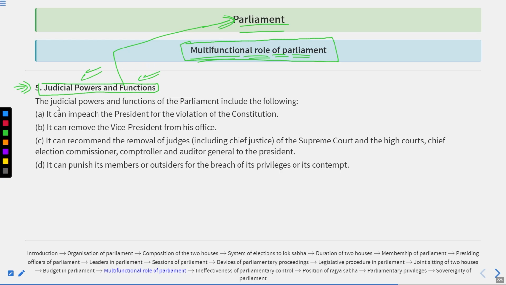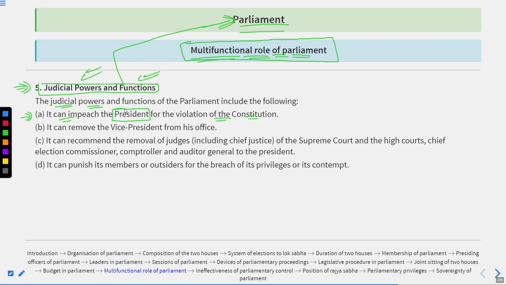These are the judicial powers and functions of the parliament, including first, it can impeach the president for the violation of the constitution. Like we know, to remove the president of India, there is a process of impeachment. And what is this process? This process says this: